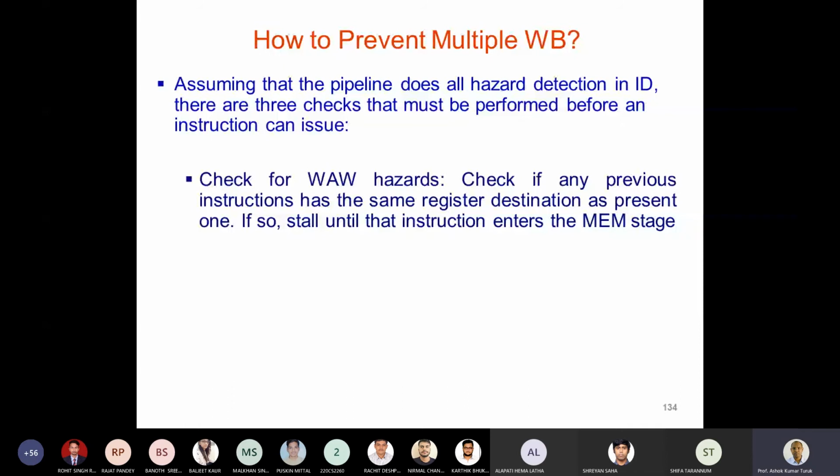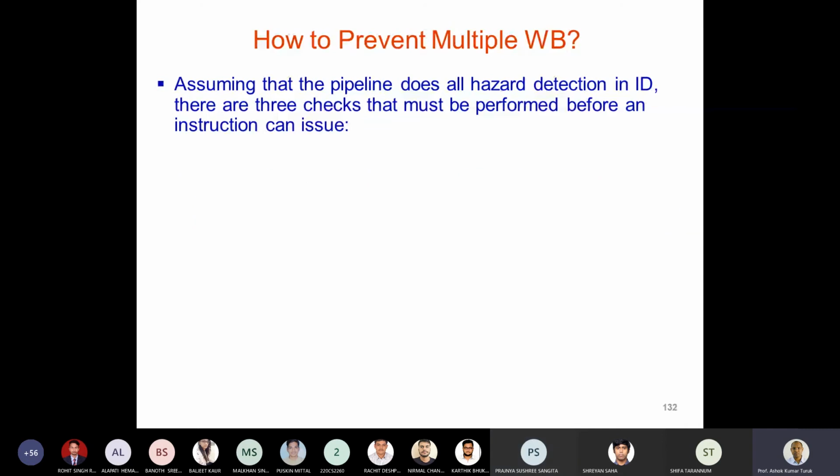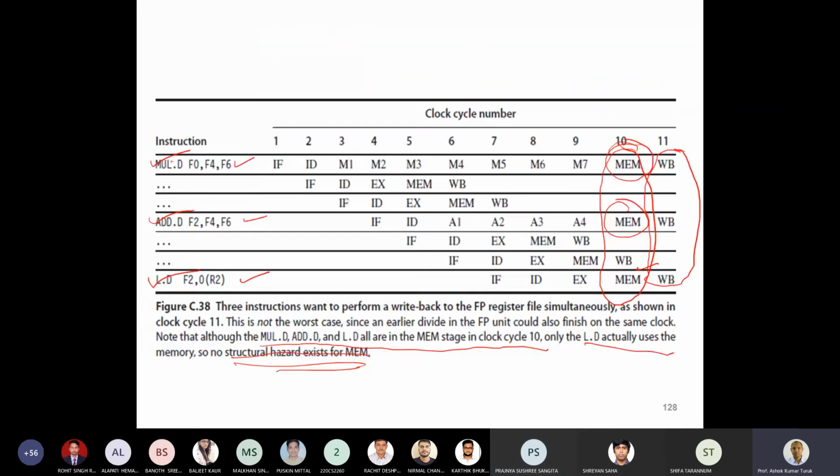Hello, sir. In today's class, you were talking about a mechanism that can handle it if two memory requirements are needed in one cycle. Is there a mechanism like register renaming or any other? No, such a mechanism exists? What we have analyzed, let me go back to the slide. Let's look at it now. If you look at this, there is a memory access, so simply you can say a structural hazard exists, right?